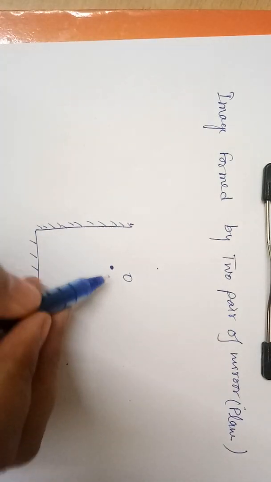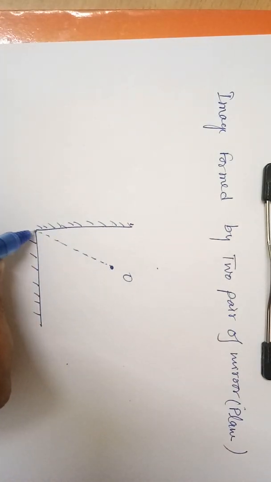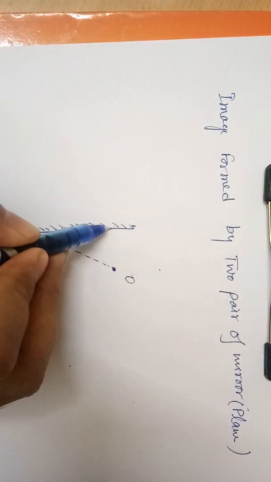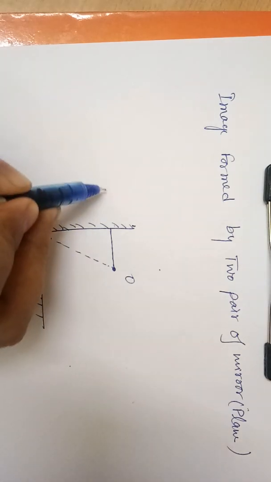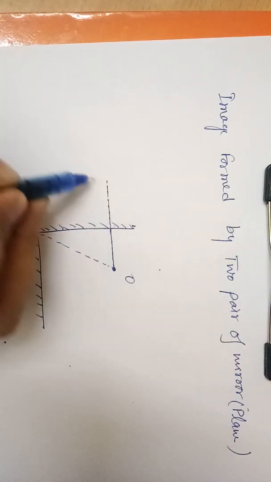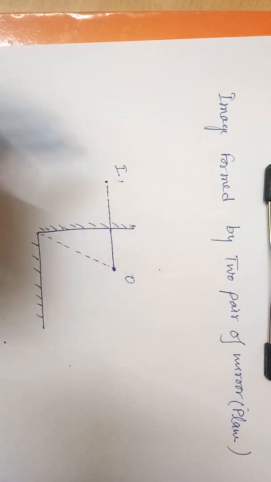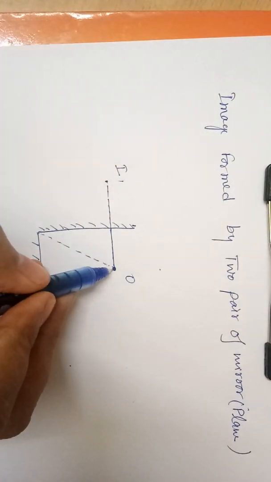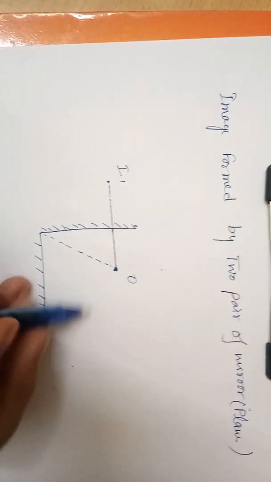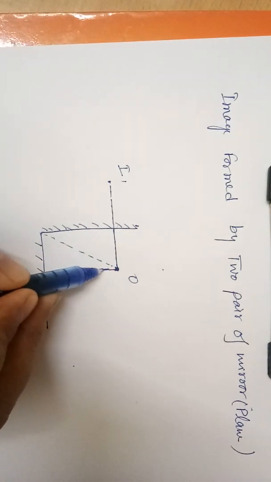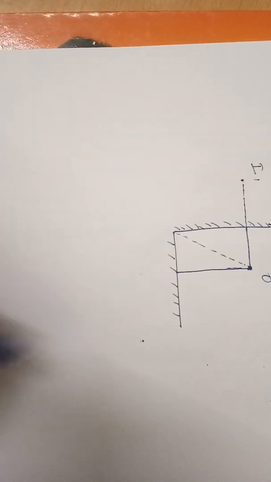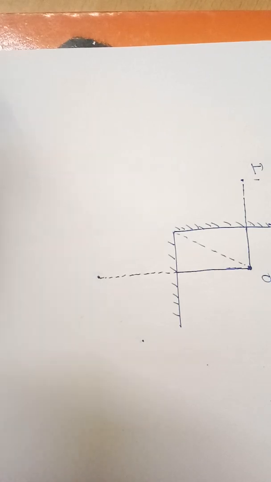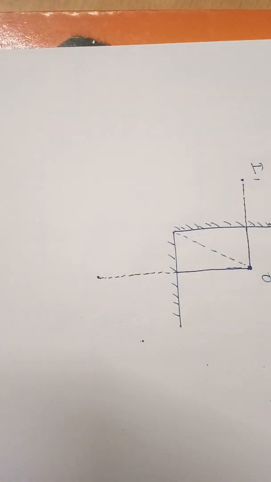So suppose this is the point, and we know that one thing, the distance of the object from the mirror and the distance of the image from the mirror will be the same. So the image will form here, I1. Clear? Similarly, if we talk about the image of this object, then the image of this object will be, suppose I am drawing this line here, this will be equal distance here. Okay,